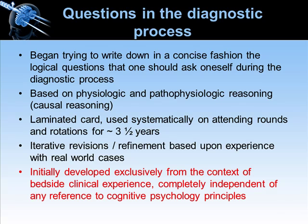So this was initially developed exclusively from the context of bedside clinical experience, completely independent of any reference to cognitive psychology principles. There's a very logical reason why I did it that way. The reason is I had absolutely no clue that that literature existed. And I was doing this for a couple years and thinking, well, maybe I'd try and write something about this. And so, well, maybe I'd go look and see if there's a literature. And I go in and, whoa,